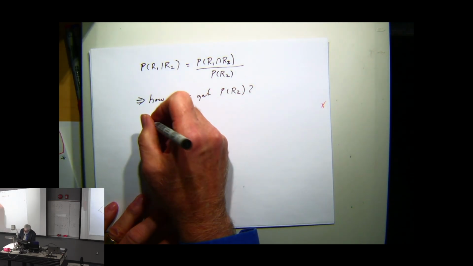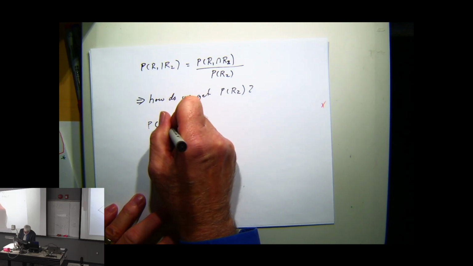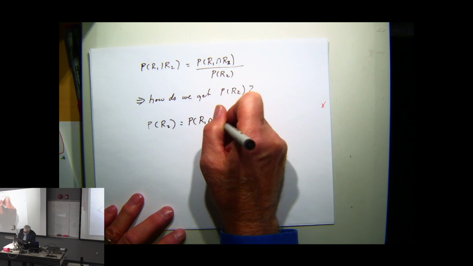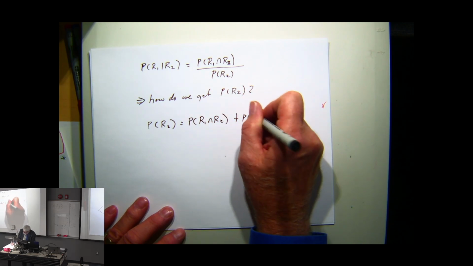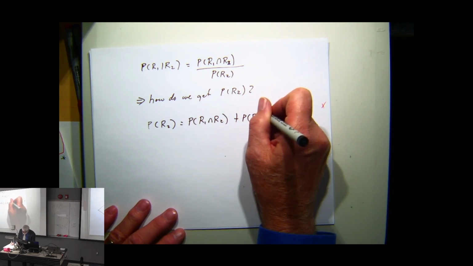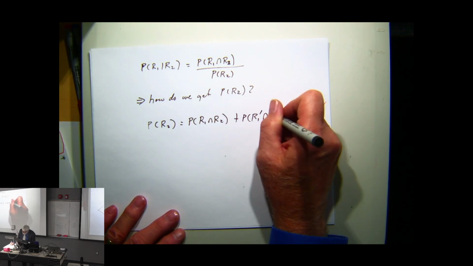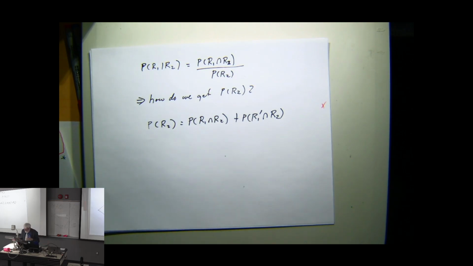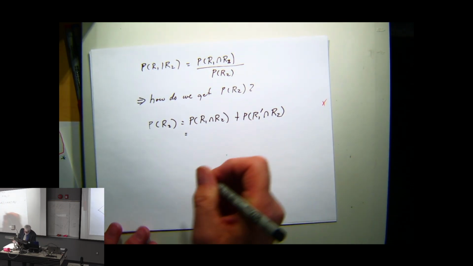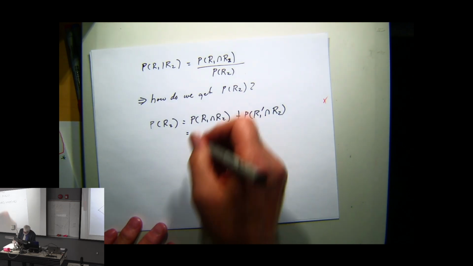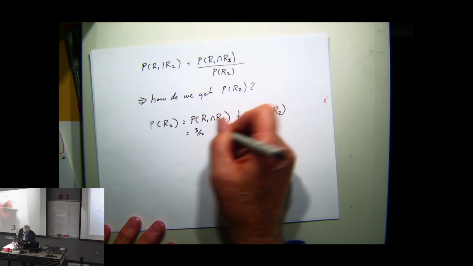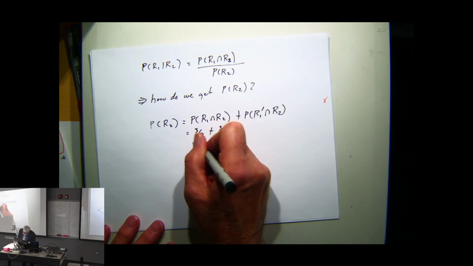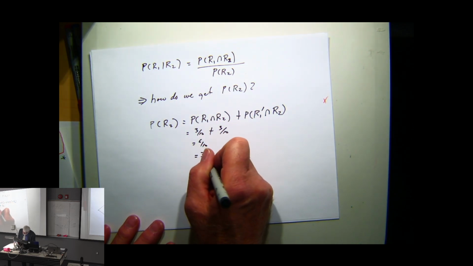So the probability of a red on the second is equal to the probability of a red on the first and a red on the second, plus the probability of getting a white on the first and a red on the second. In other words, if you get a red on the second, you either got a red on the first or you didn't get a red on the first. So that is going to be 3 out of 10 plus 3 out of 10 is 6 out of 10, which is 3 out of 5,